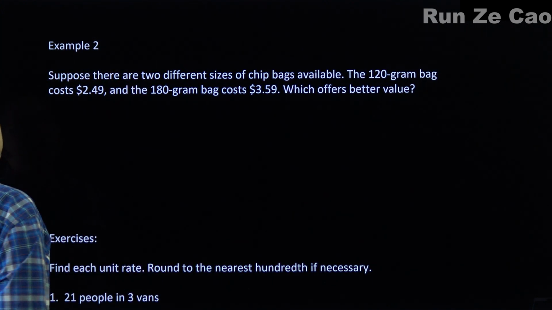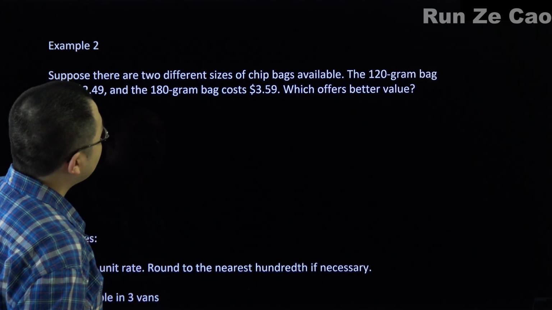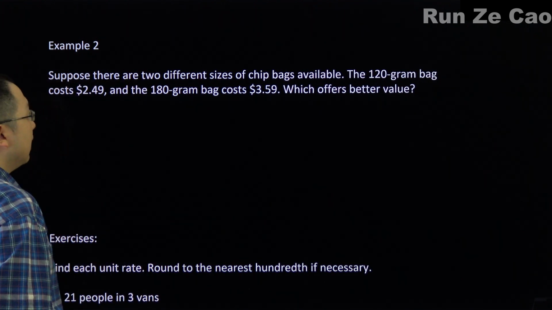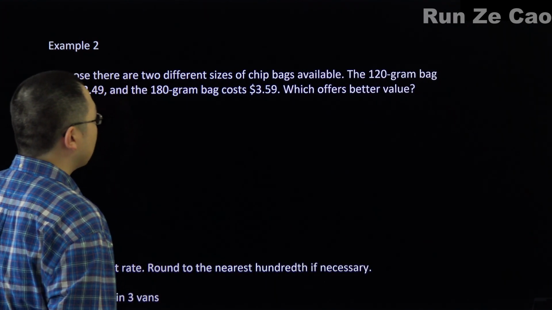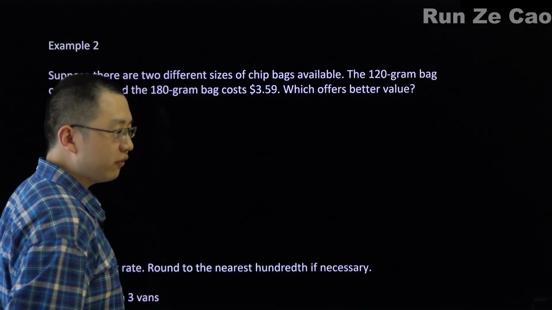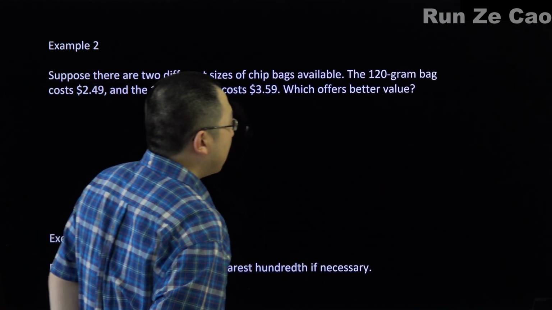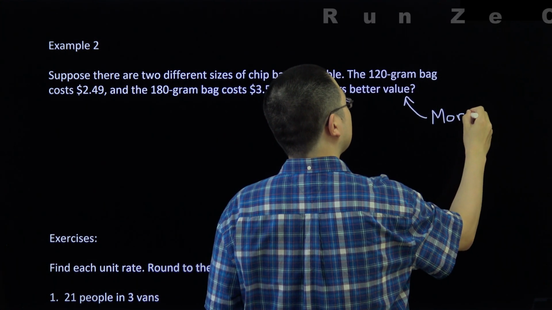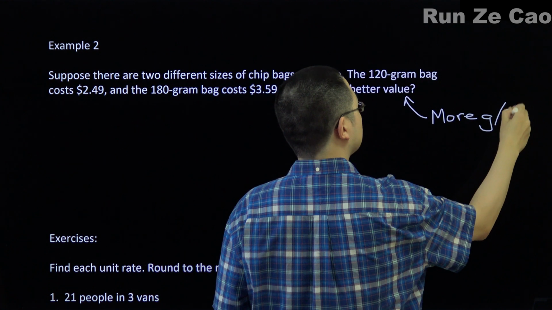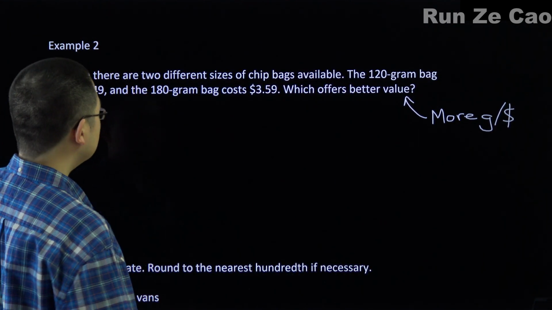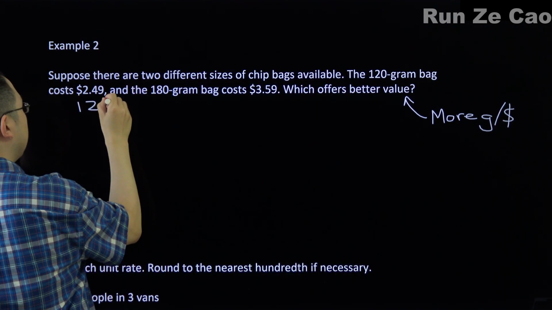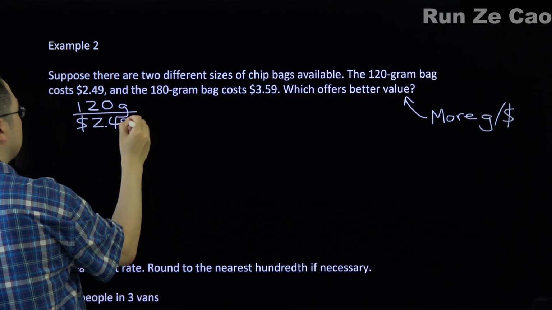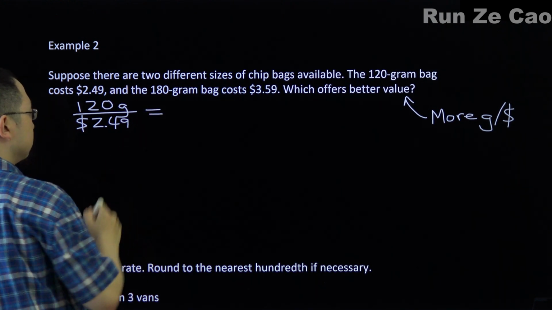Example 2. Suppose there are 2 different sizes of chip bags available. The 120-gram bag costs $2.49, and the 180-gram bag costs $3.59. Which offers better value? Better value means more grams per dollar. So, 120 grams over $2.49 is equal to,